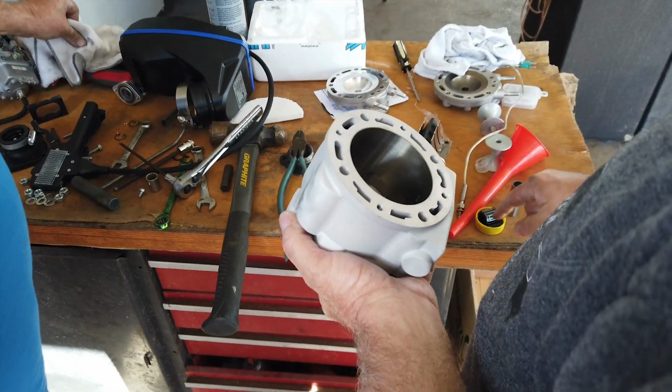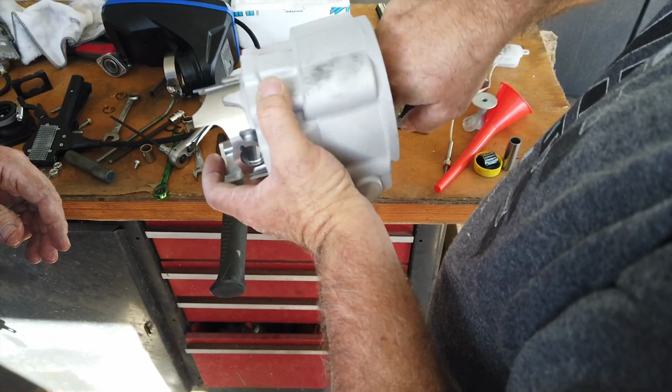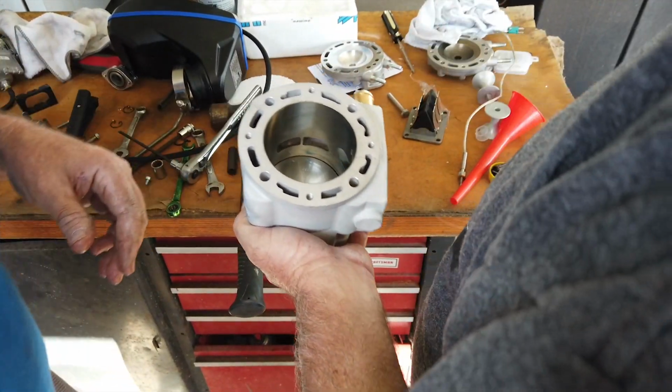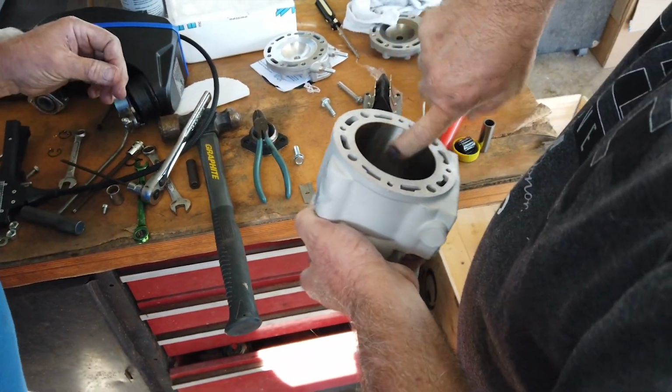I never pulled the piston out of it. It was already in. Oh. So, but I'm looking at it, and the arrow is pointing this way. Yep. That's the way it should be going. I figured they put it together with a,